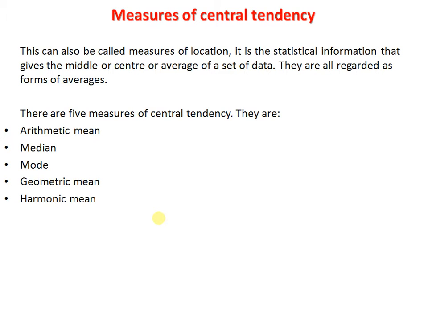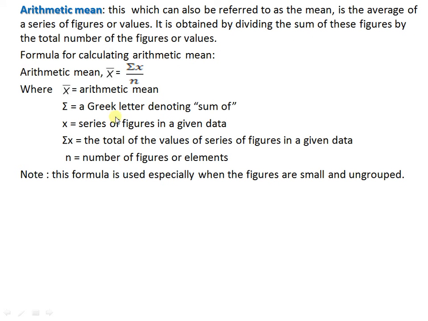These averages are very, very important, and there are five of them. Number one is the arithmetic mean. We have the median, the mode, the geometric mean, and the harmonic mean. The first three are more important because we normally come across them in mathematics and other statistics. The arithmetic mean, which is the first one, can also be referred to as the mean. It is the average of